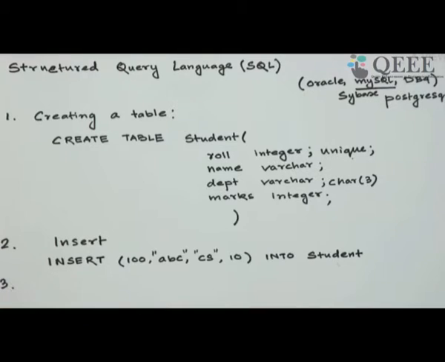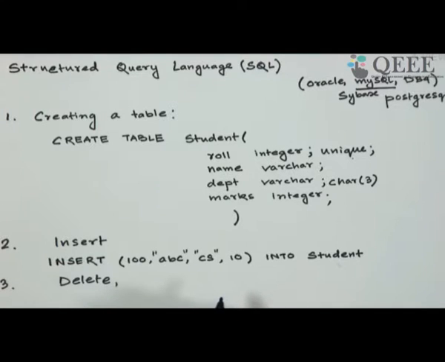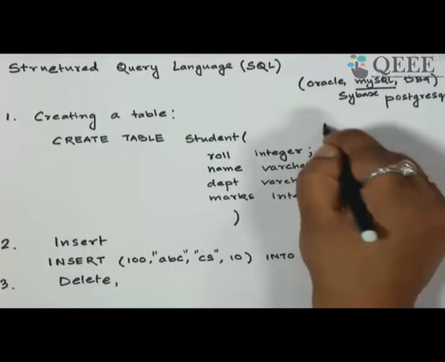I am not going into the details, but you can have other commands like delete, which you should read up. Delete and modify commands are there where you can modify some of the attributes. For example, select all the entries which have roll number equal to 100, then modify the name attribute. So these are the commands. This part of SQL is called data manipulation language. It manipulates the data, it inserts data, creates data. DML.